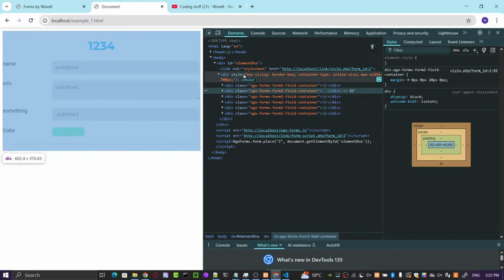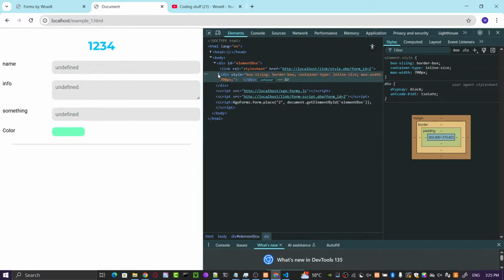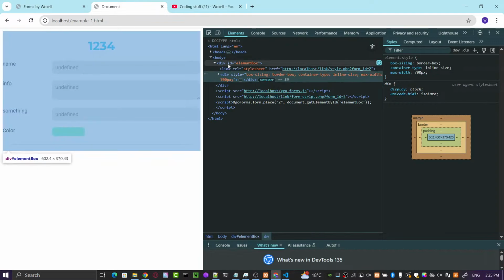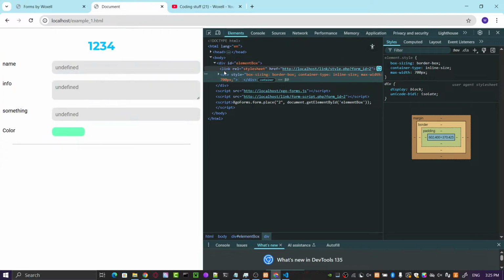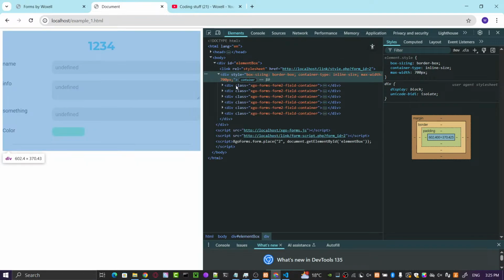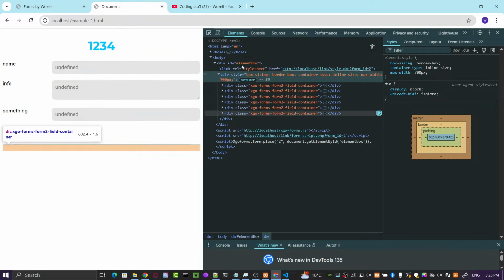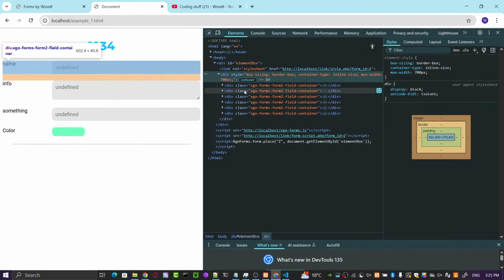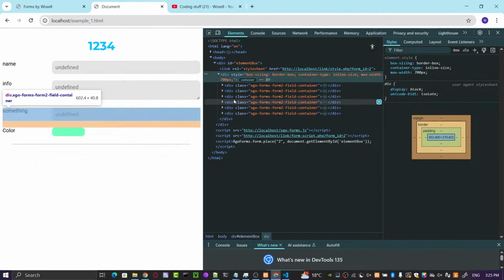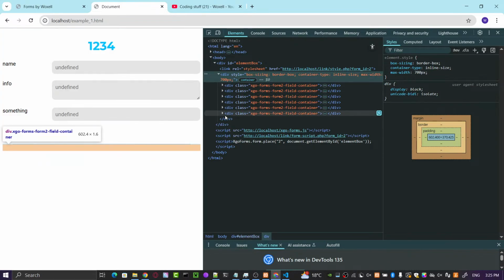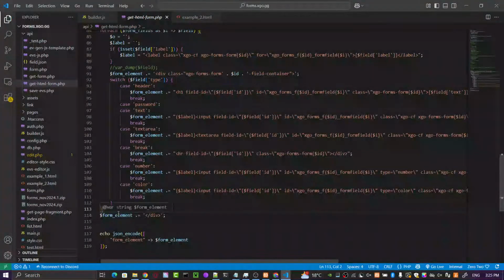The elements are wrapped inside another div, and I think we have to create a new div here and put the submit button here. So let's try that.